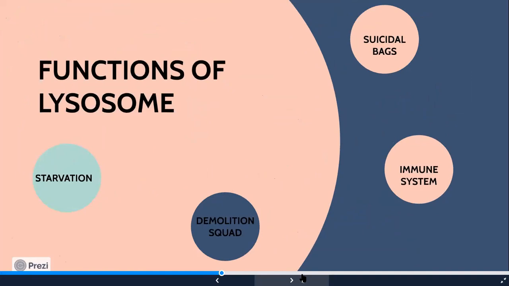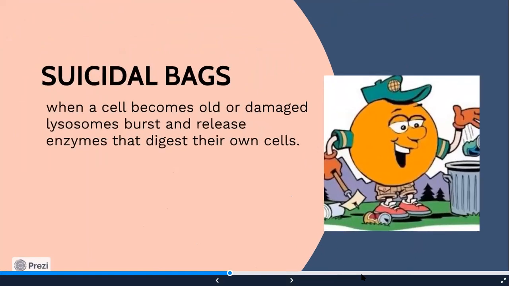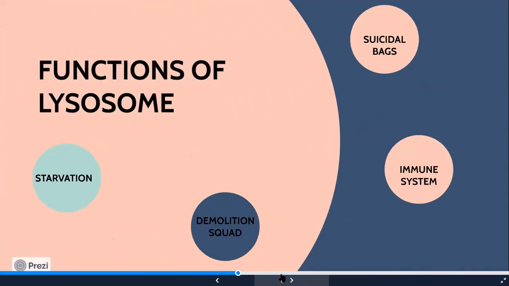Now, what are the functions of lysosome? There are four main functions of lysosome. The first one is that it's also called the suicidal bag. When a cell becomes very old or damaged, the lysosome is going to burst and release its enzymes into the surroundings, and when it does that, the cell is going to get digested. So it knows that the cell has been worn out and is requiring a lot of energy. So instead of my body wasting so much energy on that particular cell, I rather kill the cell and make a new one, and give that energy to a new cell. So that's how it's also called suicidal bags.